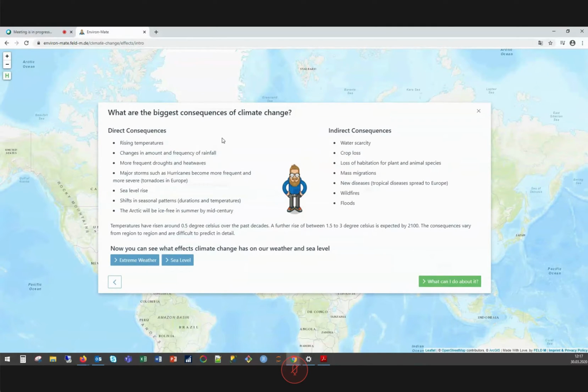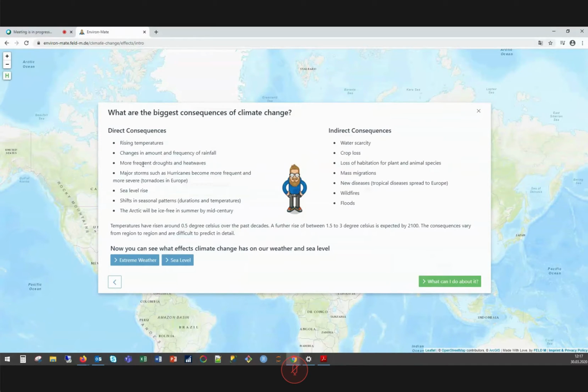Okay, so we've seen what climate change is like, and how greenhouse gas emissions are like in the European Union and how they are expected to develop. And let's check out some consequences.